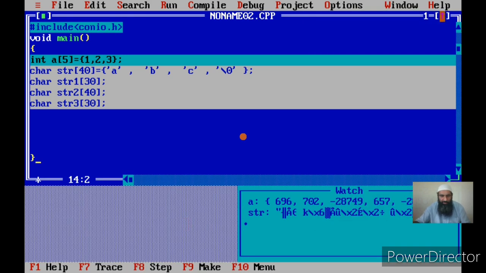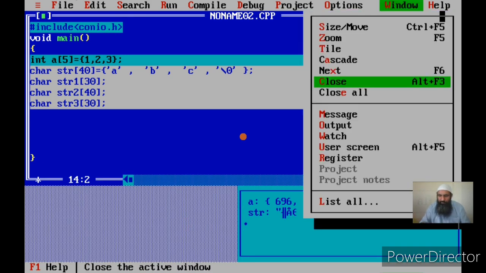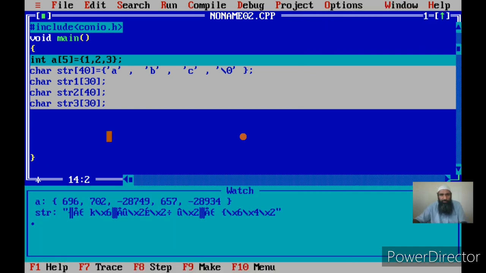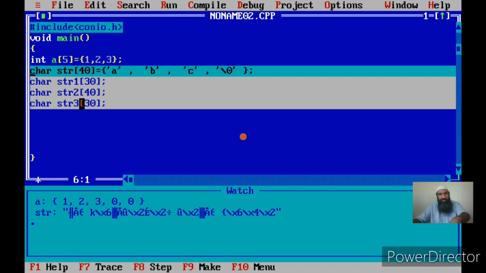Okay, let me try it again. This is so that you can view the entire thing. Now this is my watch window. This is my str, actually of 40 characters. See, it is initialized to junk values initially. A has also been initialized to junk values, and since this statement will be executed, now you got the initial values of A. Now this statement will be executed, that is the char str, because it is the highlighted statement.